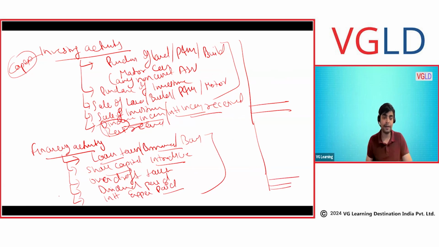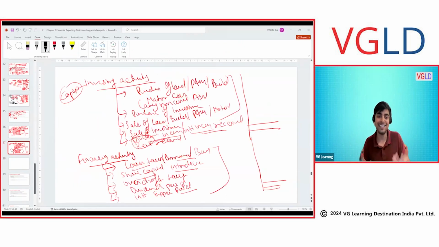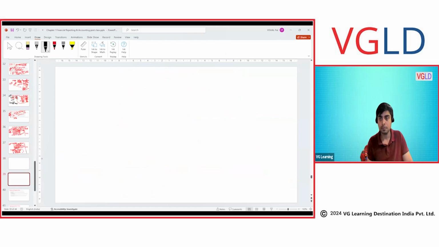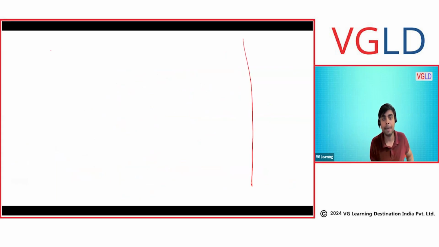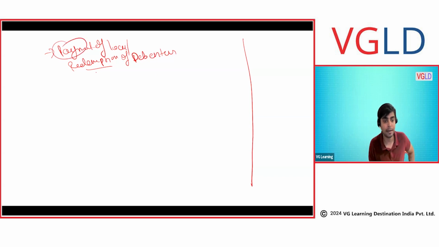Now the net activity would look like this. Yes, debentures. If I introduce debentures, Prakriti, you have noted it correctly. One thing I have not included here: payment of loan, or for you, Prakriti, redemption of debenture. Now, what is a debenture? Please don't ask me right now. Just treat debenture as loan. Redemption of debenture. What does redemption mean? Redemption means repayment. So we are making payment back.